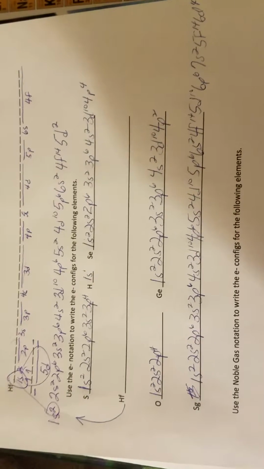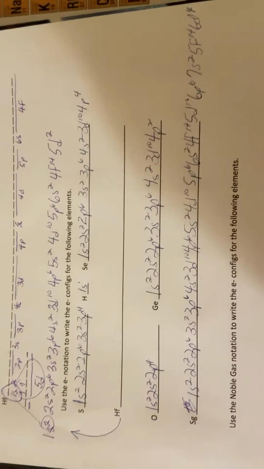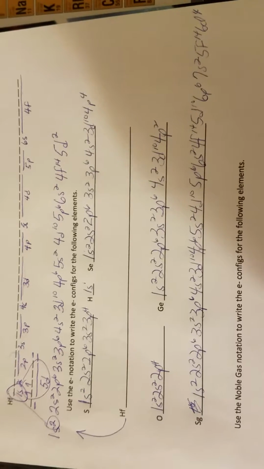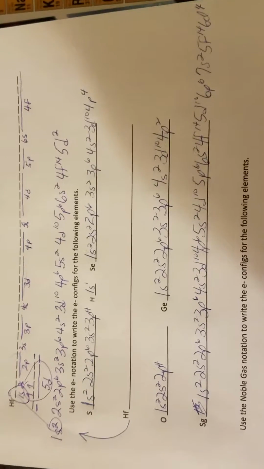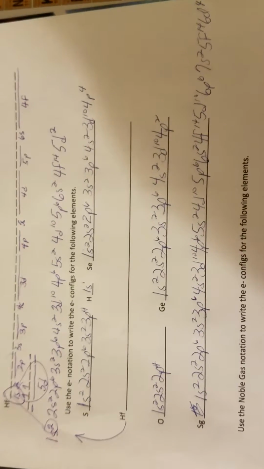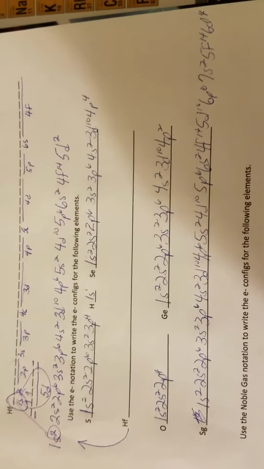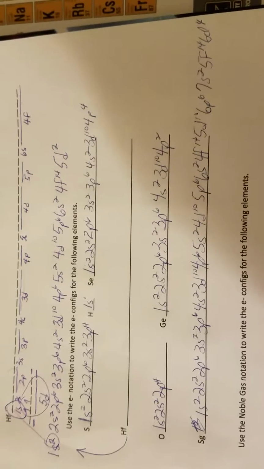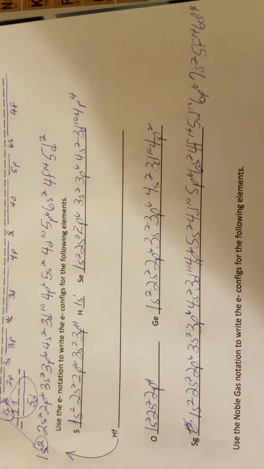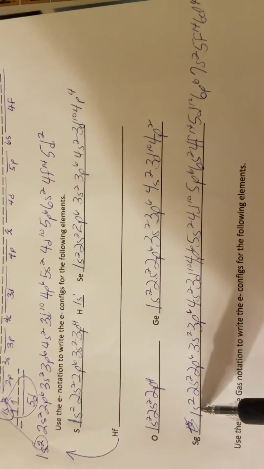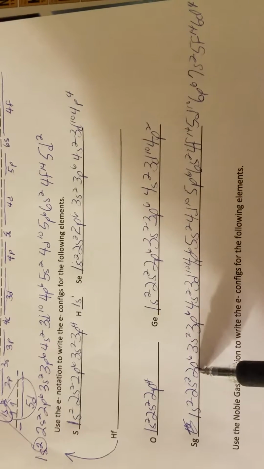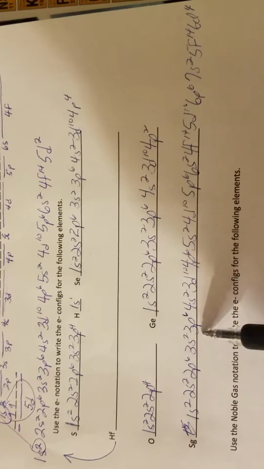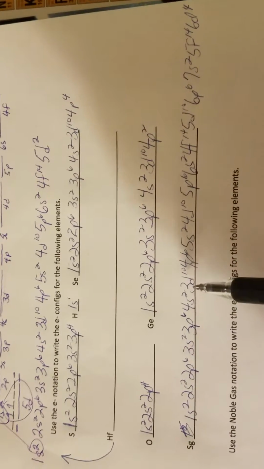Kiddos, I'm going to show you the last method for writing electron configurations, but first I just had the answers here for you for the shorthand for the electron configuration notation. You can pause this if you want and take a look and check yours. I just will go over this one where we have 1s2, 2s2, 2p6, 3s2, 3p6, 4s2, then remember we go